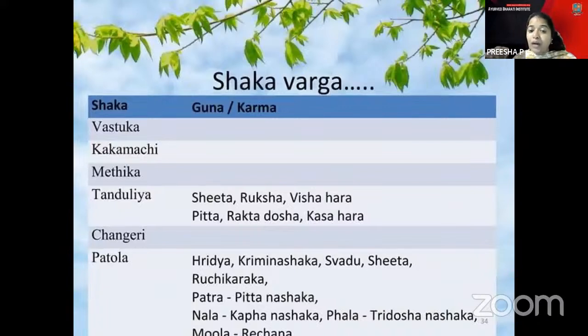So, when you consider the part of the Patola, it is the Phala part, and the Moola is the Rechaka. That is why you have two kinds of Kashaya. One is the Patola Kadirohinyadi Kashaya, and another is the Patola Mooladi Kashaya there. So, Patola Kadirohinyadi Kashaya generally is indicated for this kind of skin complaints there. But when you want the skin complaint to be treated after the Virechana, in such conditions, you have to opt for the Patola Mooladi Kashaya there.